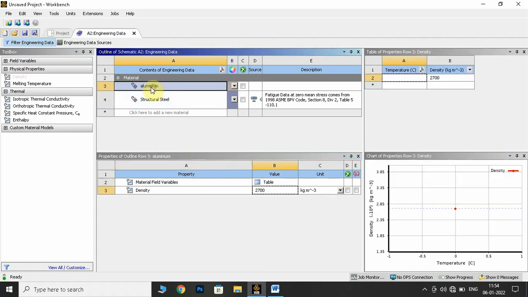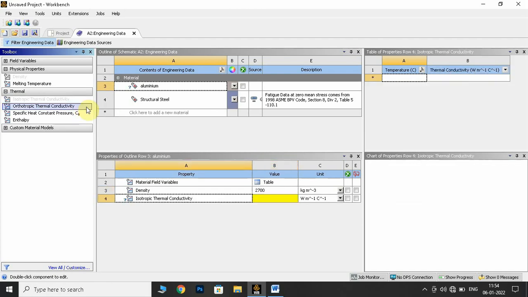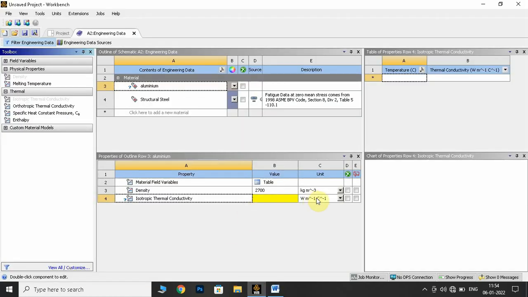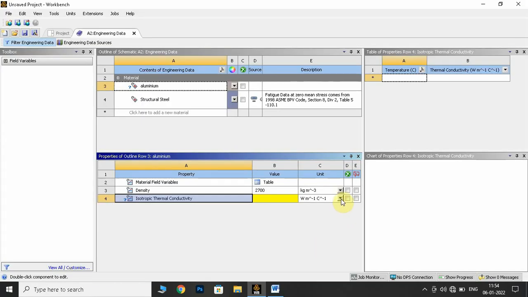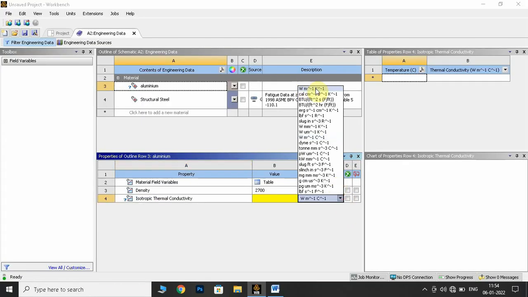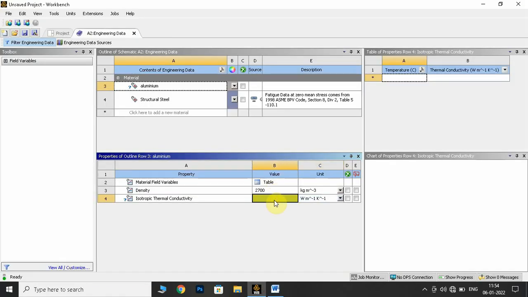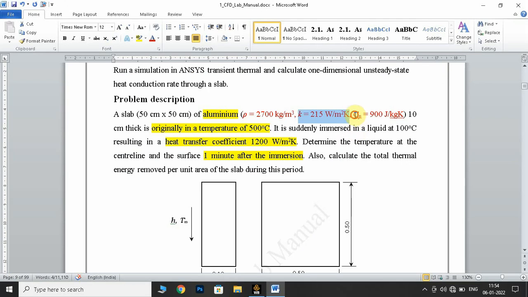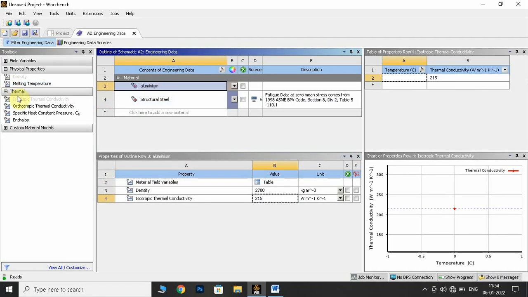And next we have thermal conductivity of aluminum, and the value of it is 215. The unit is watt per meter Celsius, so we have to change it to watt per meter Kelvin, and the value is 215, so enter 215, enter. And the third property is Cp, and the Cp value is 900, so we go to aluminum and